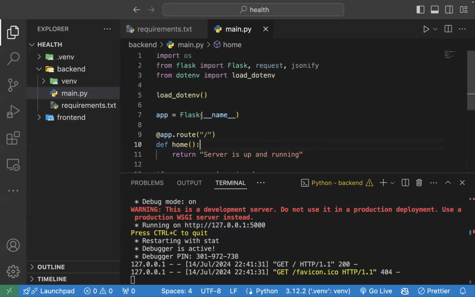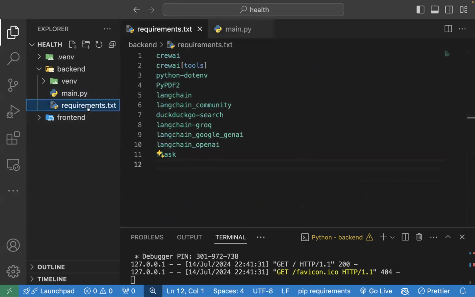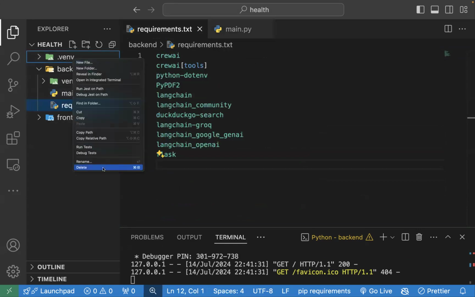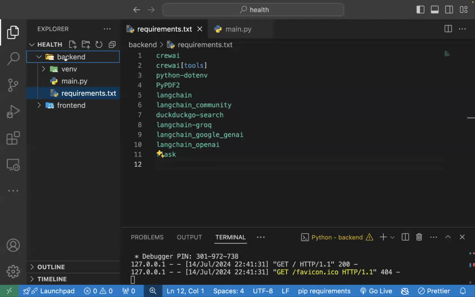So this was the basic setup where we just initialized the Flask app so that we can use it in our project. And we have just installed some of the packages that were required for this project. And since this .env might have been installed incorrectly, yeah. So this was the project basic setup for the backend part. Let's get to the front end part